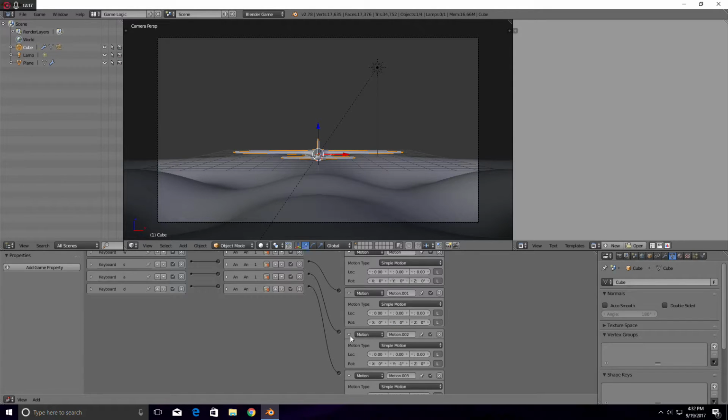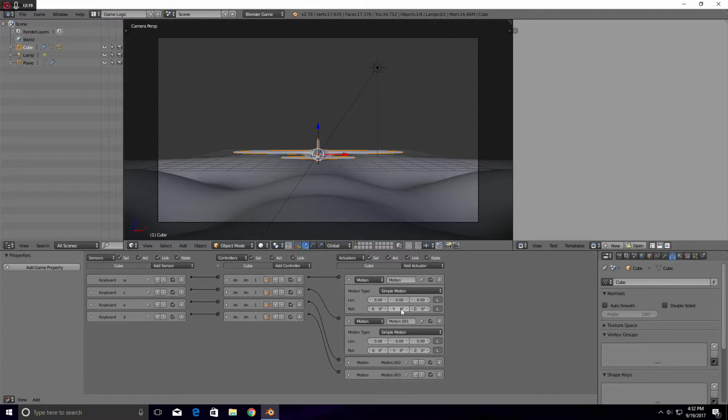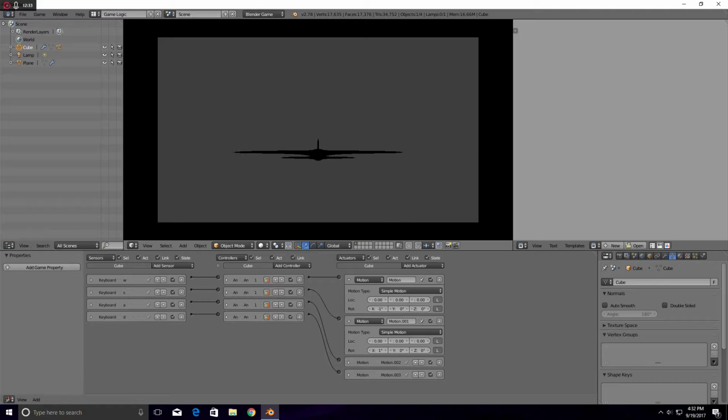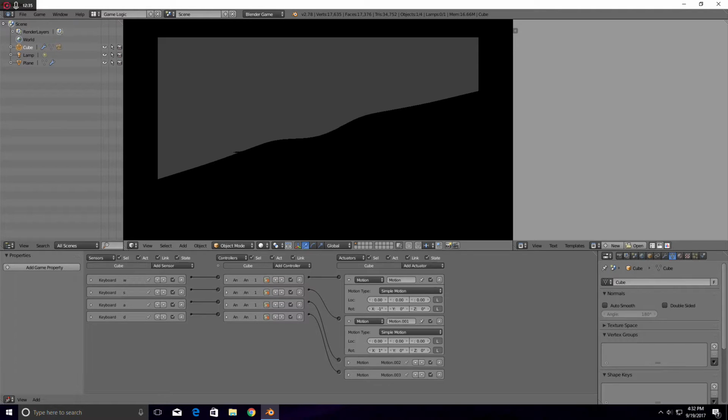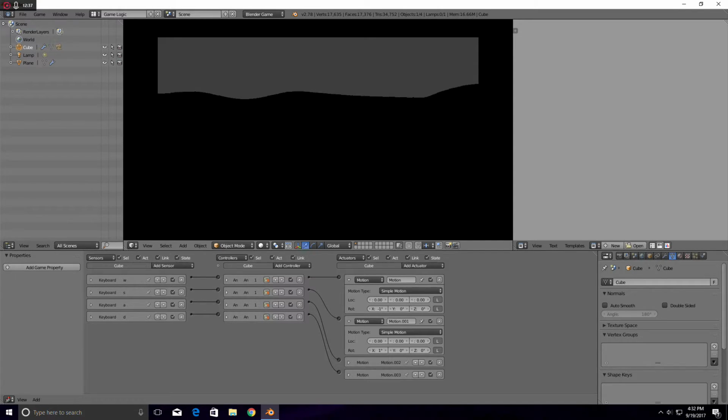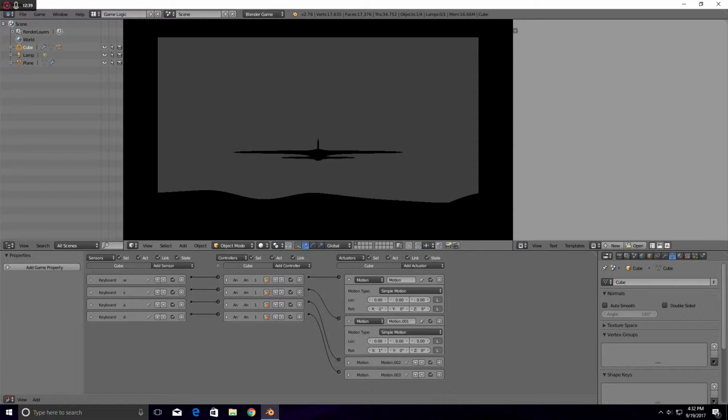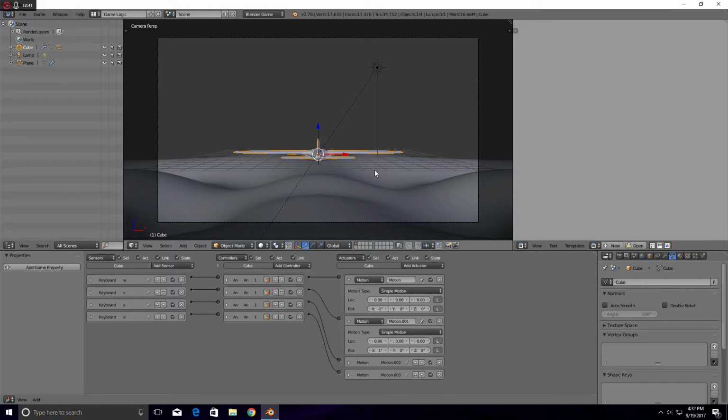In fact, we should just minimize these two right here so we're not confused. Okay, I think maybe then you rotate on the x-axis. Let's try -1 and 1. Let's just make sure that's how it works. Yep, that's how it works. It's perfect. And so as you can see, we have ourselves some nice controls for our airplane, but it's not